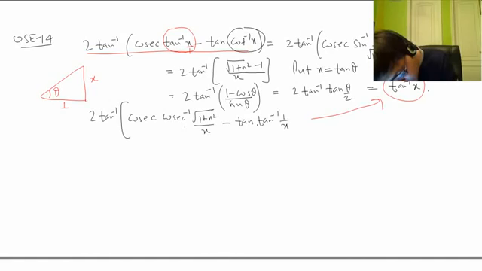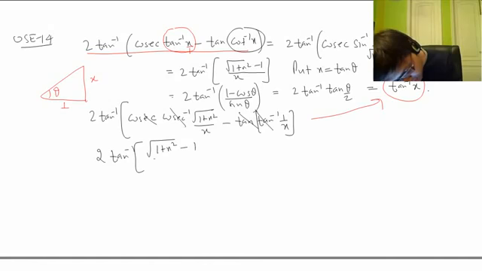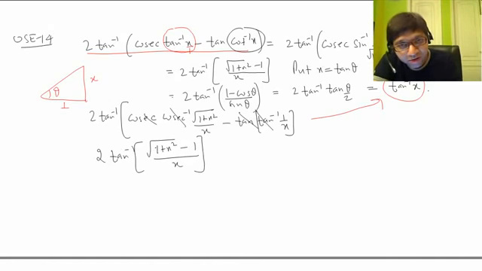Don't worry about whether we'll have pi plus or minus pi, because we have to take tan of it. We take tan of it, so pi will go away. Cancel this with this, this with this. We have 2 tan inverse of root of 1 plus x square, taking the LCM, minus 1 by x. So we have simplified it to a level, but not the level we want.